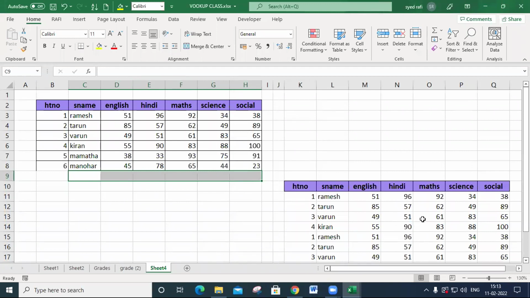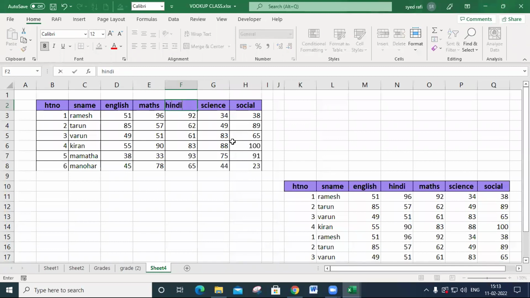Retrieved data makes an error. That is the second problem. Okay, I hope you can understand. Also, if you change the headings of this one, no reflection will happen here. There is no effect between these two. That is another problem with this formula. If you change the heading, the retrieved data can't be changed. So these are the major problems there.